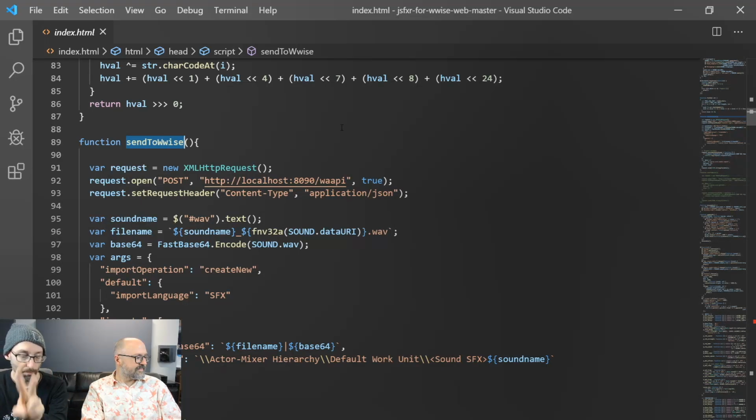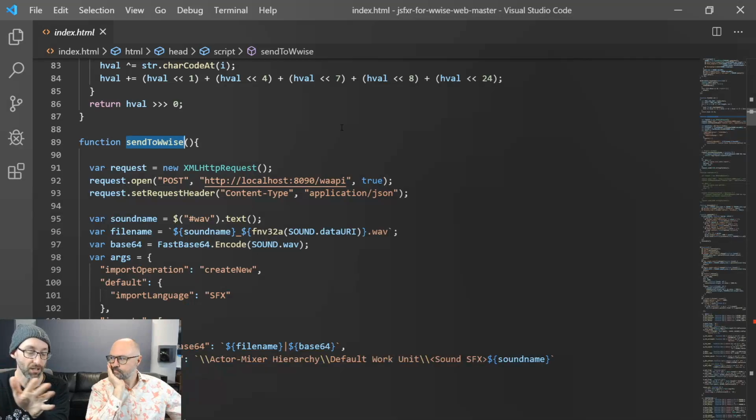So there are two protocols that WAAPI allows you to use. There's simple HTTP, and if I recall, this is exactly what it's doing. It's a simple HTTP call, like you would do for a web page. And the other protocol is WAMP, which is a more advanced protocol, but here it's only using HTTP.